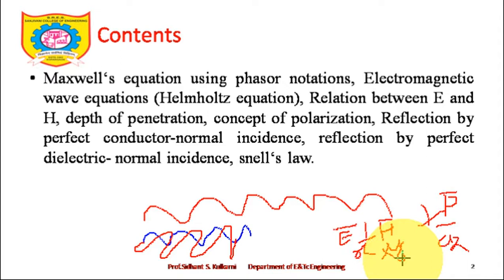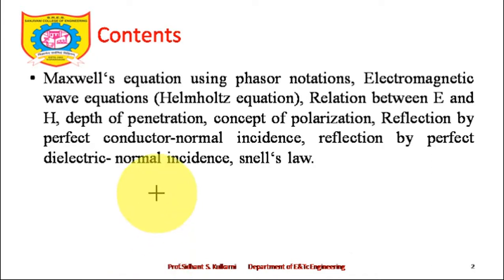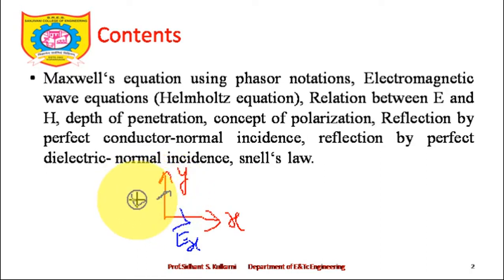Now, if that is so, if I am talking about any electromagnetic wave, is it the case that there will be only a single E bar component? No, it's not necessary. Let's try to draw something different. Let's say this is the X direction, and for the time being, this is the Y direction. We have one component of E bar along X, let's say this is the Ex component, and we have another component along Y. So there are two components of the electric field, one along X and one along Y.